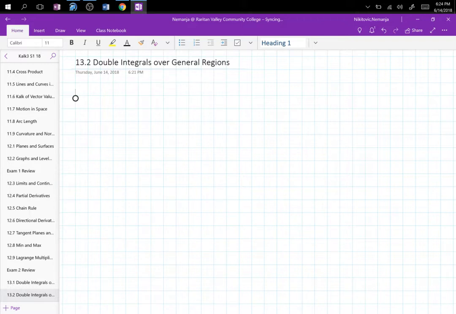Yes, with section 2. We are working on double integrals currently. So we are going to take a look at general regions. General region meaning we have a domain which is not a rectangle now. Anything can be in the domain. And yes, if we are able to